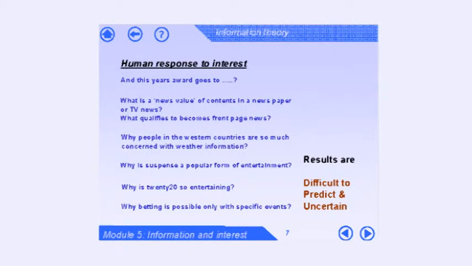Human response is to interest, and that is why in all award ceremonies the award goes to, and then people keep talking to each other. Remember, what is it? They are just creating that interest, no? Holding on to that uncertainty about who the award is for. So Shah Rukh Khan and Saif will keep playing pranks till there is enough uncertainty about it, right?